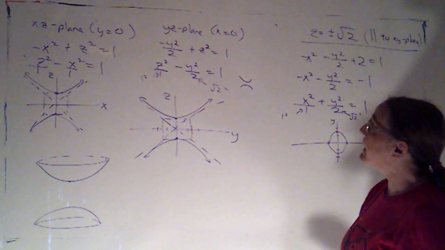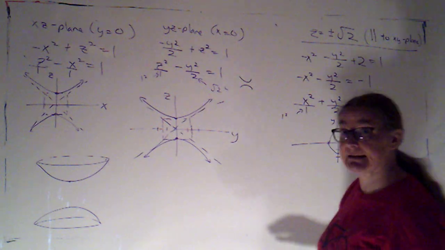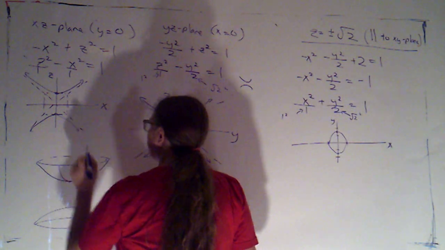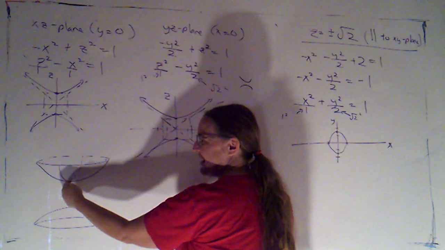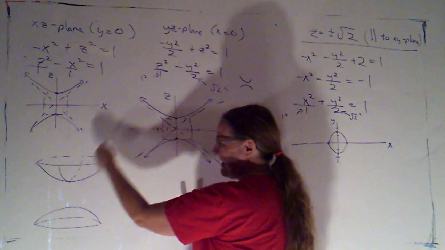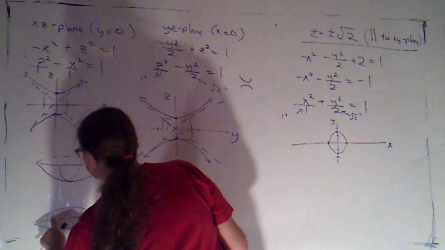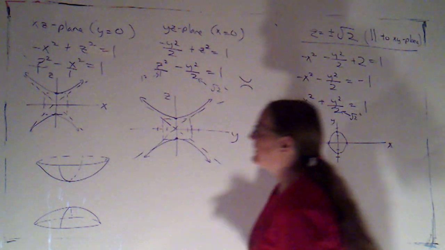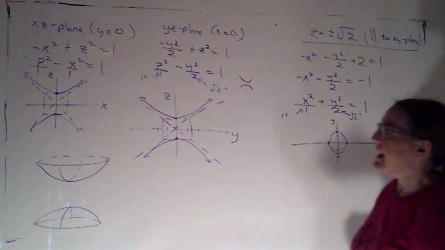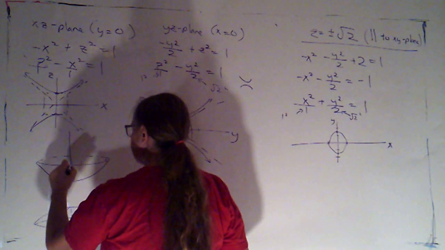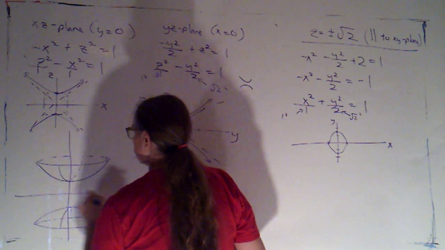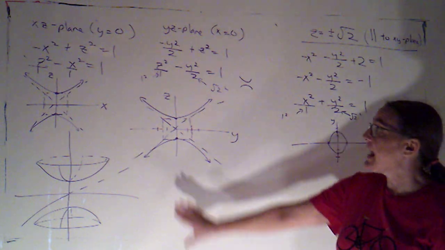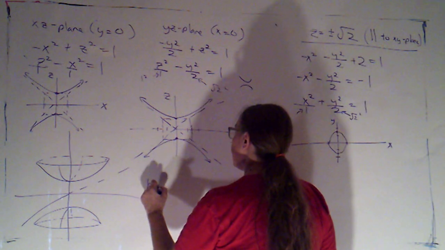Okay. And then I can go ahead and draw in the xz plane. I would also have a hyperbola. Notice the front part, I'm drawing a little bit to the left of the back part. So we'd have something like that. And then I can draw in my axes like so. This is something that we call a hyperboloid